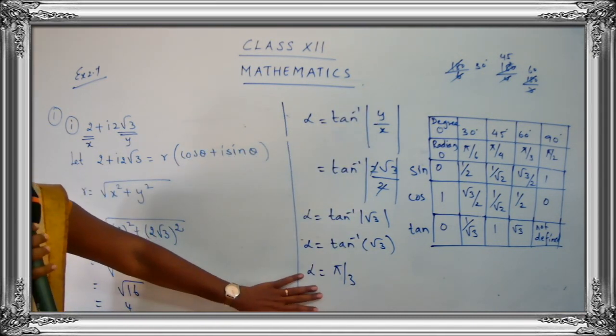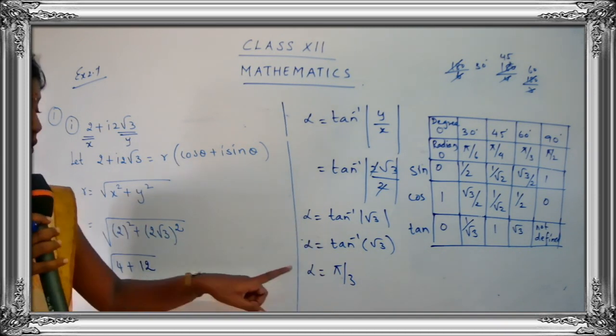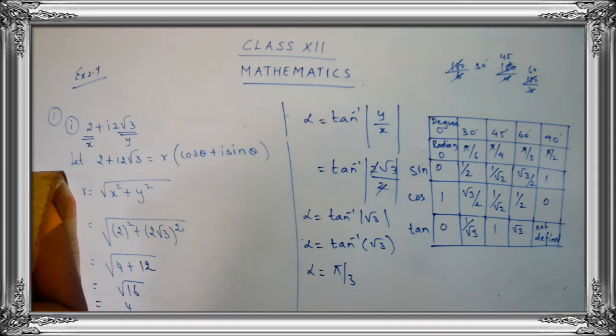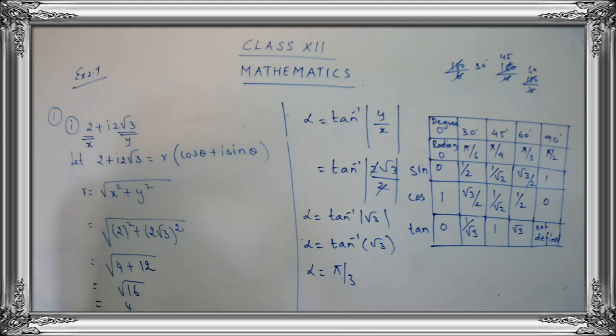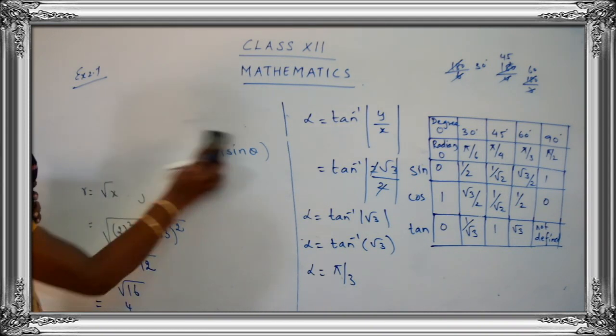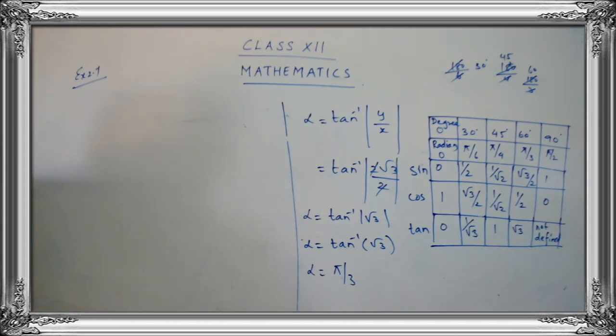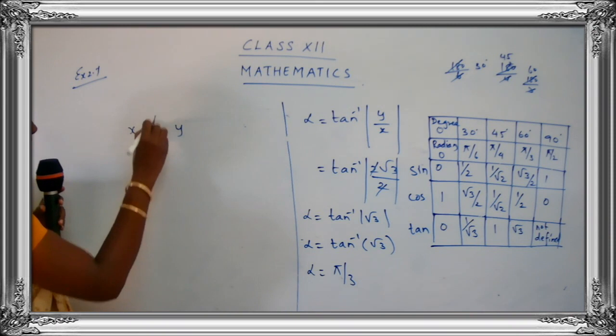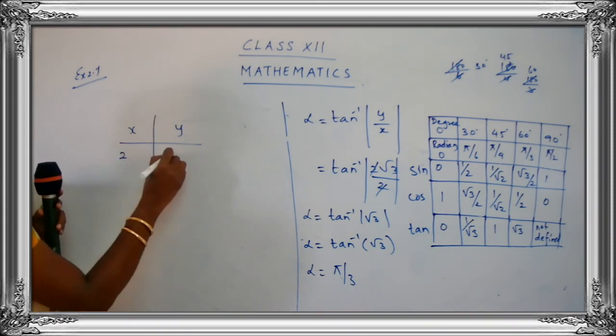Now we have to write alpha in terms of theta. To do this, we have to focus on the principal value of a complex number. We have listed the condition for the first quadrant, the condition for the second quadrant, and so on. We have 4 cases for the principal argument. So let's write down here: this is 2 plus i2 root 3. We have to check where this complex number is lying, whether in the first quadrant, the second quadrant, and so on. So you just have to check the values of x and y. X is 2 and y is 2 root 3.